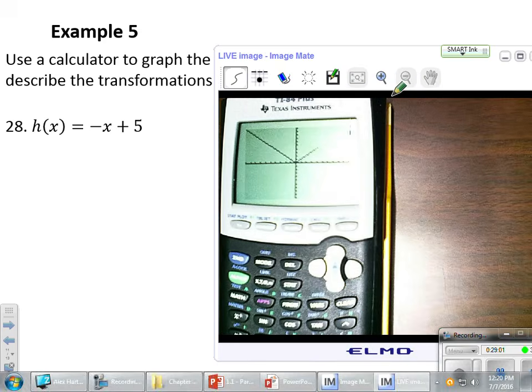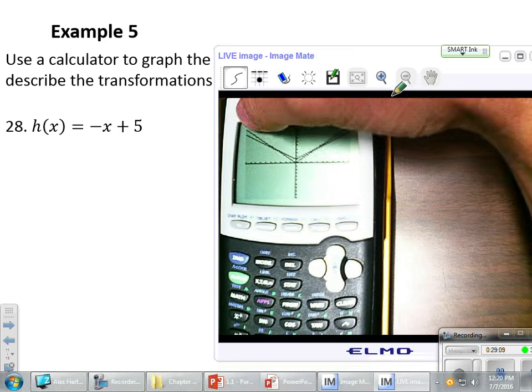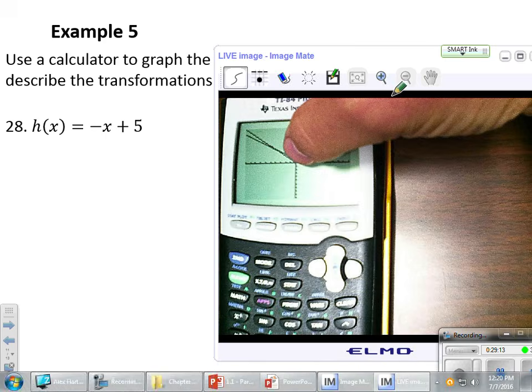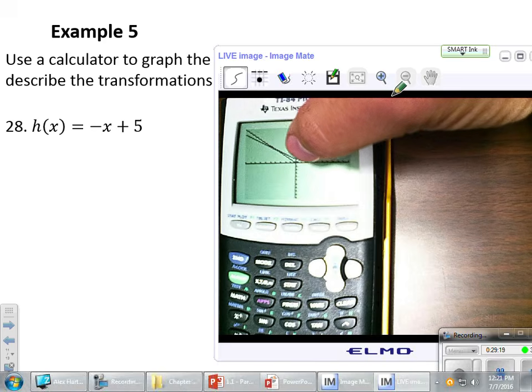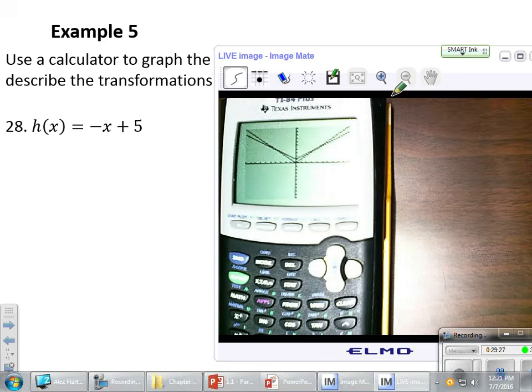There's our parent function, and then the second one, we can see a couple of things happening. First of all, our parent function was higher, and then it extended all the way down to the origin point down here. The function we were given, f of x, looks like it was shrunk down, and it actually didn't go all the way down to reach the origin point. It stopped at 0, 1, and then angled back up. So what we would say is it's 3/4 as tall and 1 unit up.